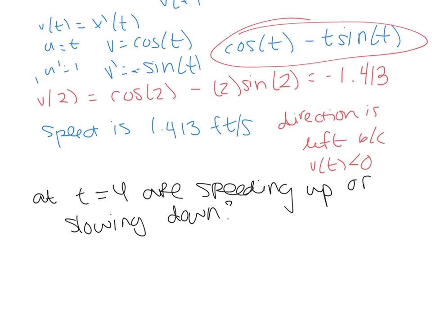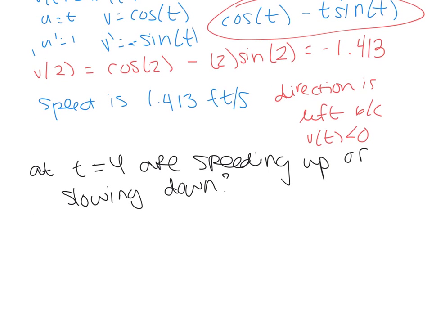So let's do that. Okay, so I know that, let's just write this down so we don't lose it when I slide my screen up. So v of t is equal to cosine of t minus t sine of t. Okay, so then we also know that acceleration,